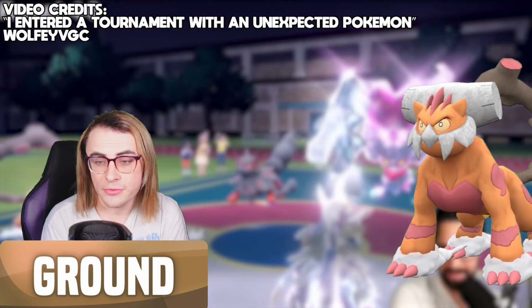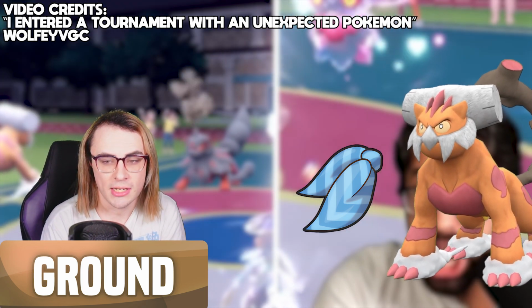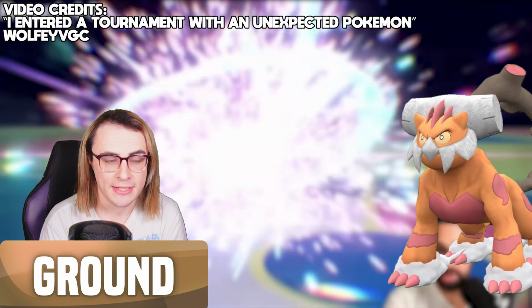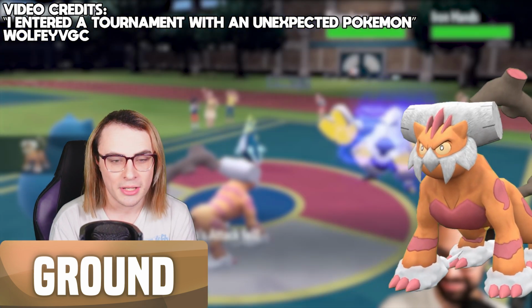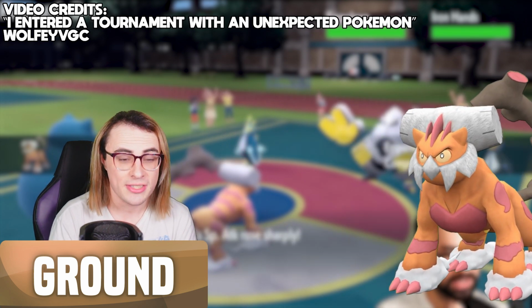Landorus is typically being used as almost exclusively a Choice Scarf option right now, but in Regulation D, we also saw options like Swords Dance with Clear Amulet, or even more defensive spreads with Assault Vest and Rocky Helmet that took advantage of types like Terra Water in order to handle most checks. Right now though, if Landorus isn't running a Choice Scarf, that's a complete anomaly because the set is just easily one of the best Choice Scarfers in the current format, and Landorus still holds this place as one of the